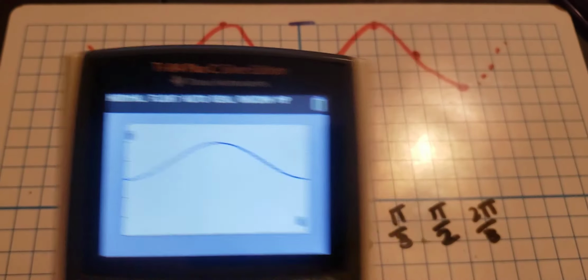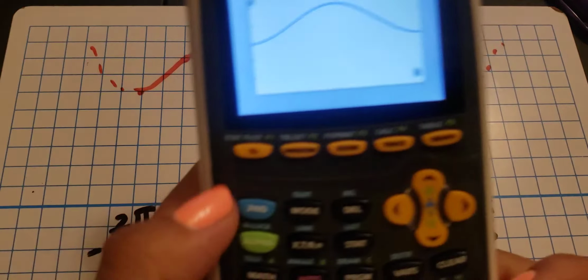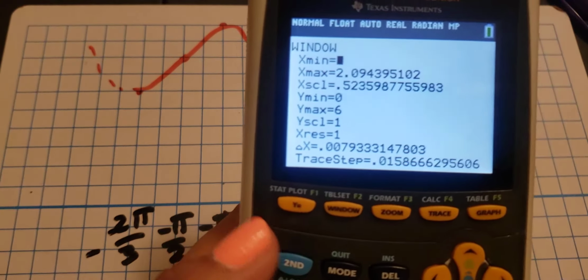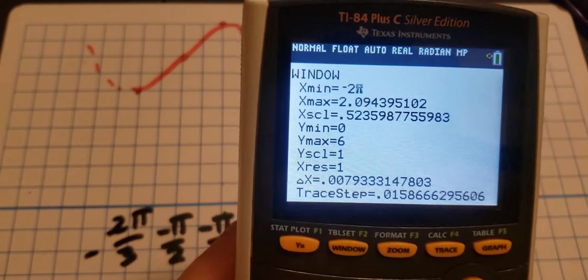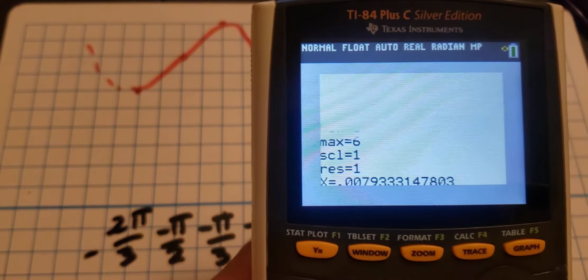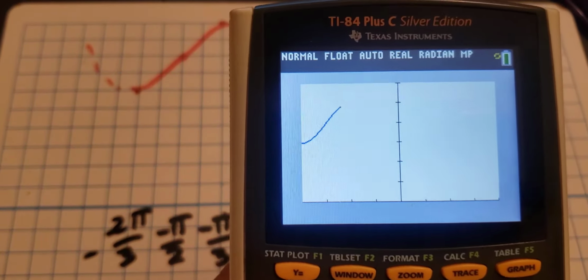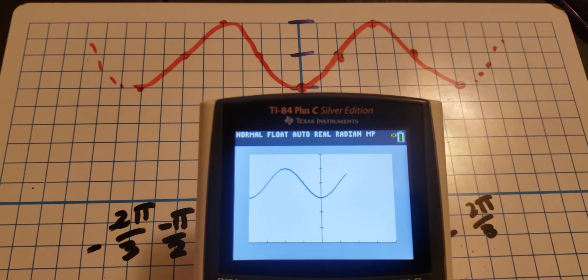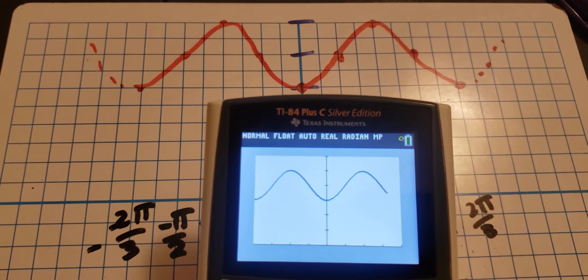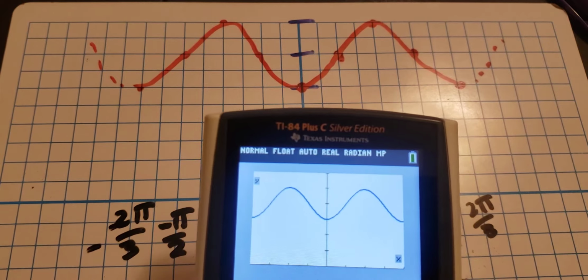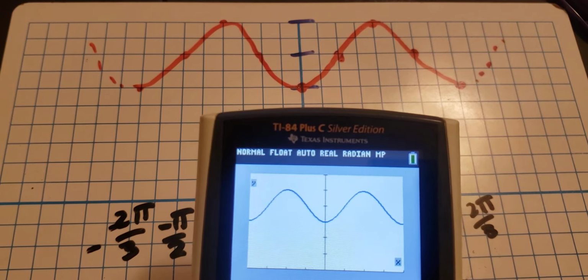So now I'm going to want a bigger window. I'm going to go to the window. And now for my x minimum, I'm just going to put negative 2 pi divided by 3. And I'm going to keep everything else the same. And now just put graph. And now you'll see a left side and a right side. Okay, and that's it. So now, how did it compare to